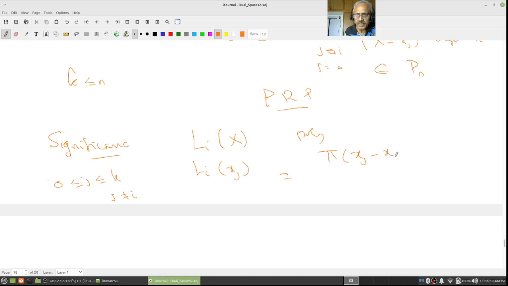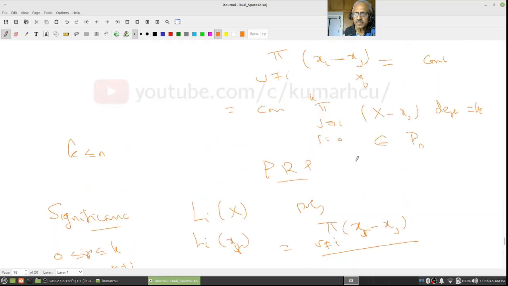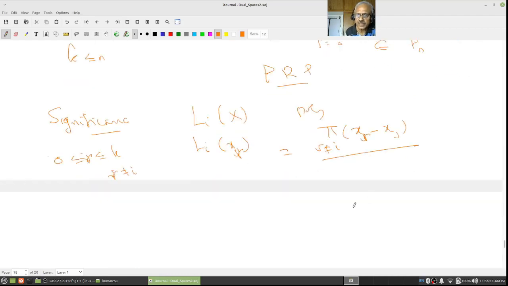xj minus xr, for r not equal to i, product of xr minus xj, j not equal to i. This constant, let me call it some constant, Ci, because that's not going to matter at present. Ci times, later, this product of xi minus xj, j not equal to i,